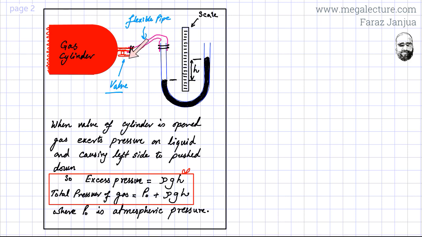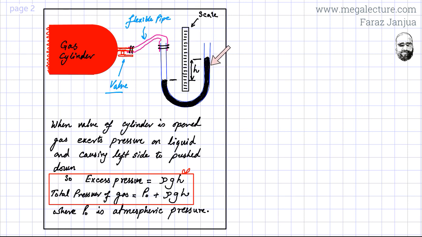As soon as I open the valve, the gas from the gas container comes and hits the water or liquid particles over here. So the liquid on this side goes down and the liquid on this side goes up. This is a scale that we use to find out the height difference on both sides. But remember one thing,